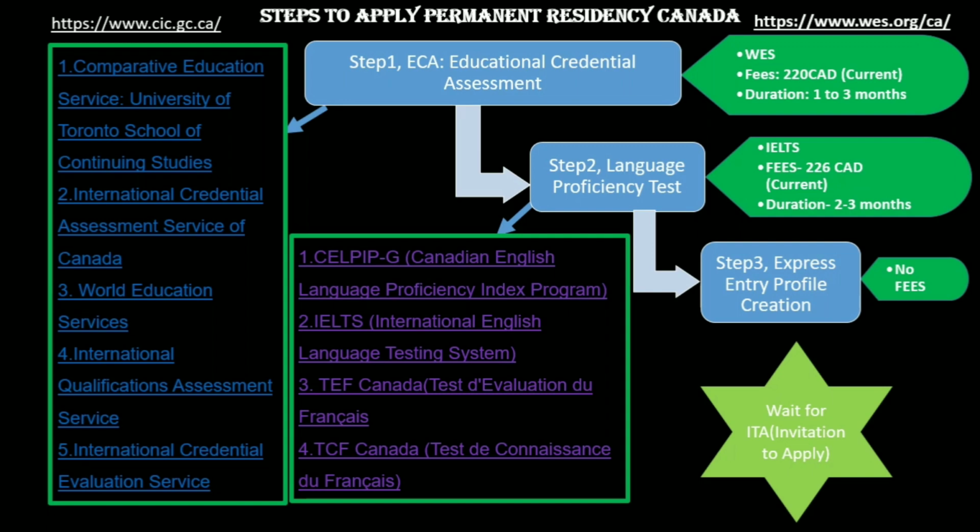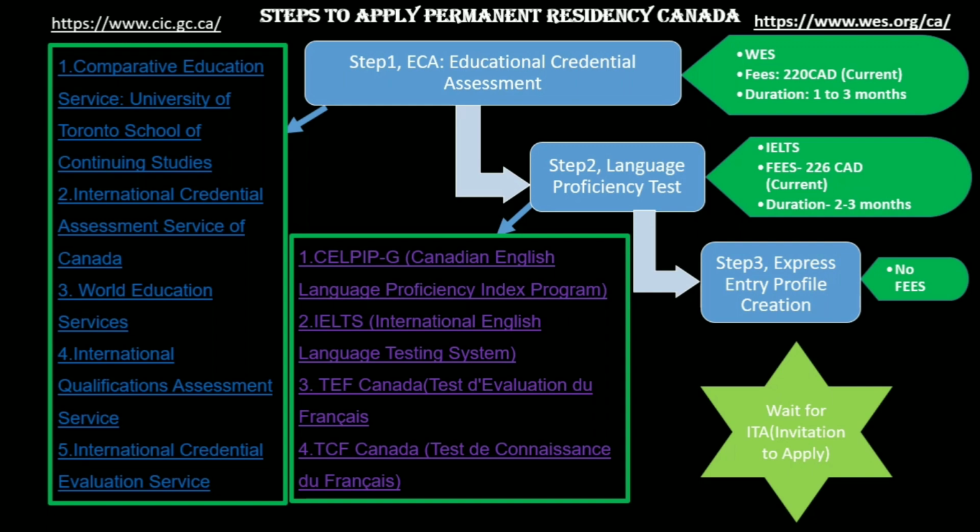If your CRS score is extremely low, you can opt for PNP programs. We'll talk about the PNP programs in some other videos because that requires a huge amount of data. Once you get an ITA, that's a real sigh of relief because we are done with 80% of the application,